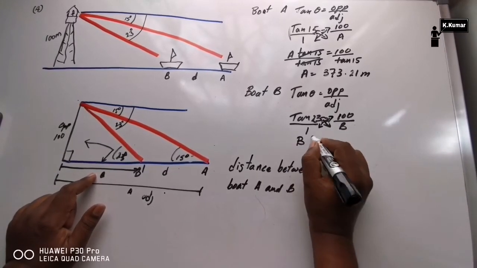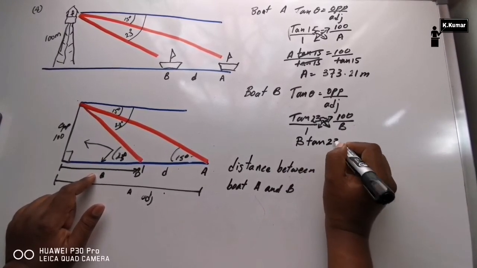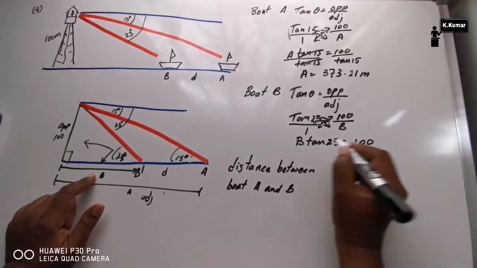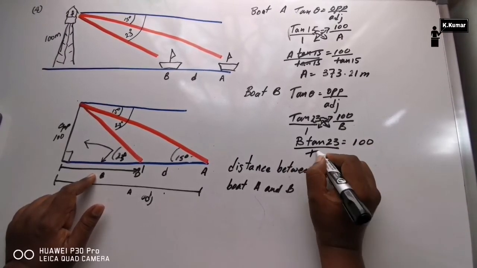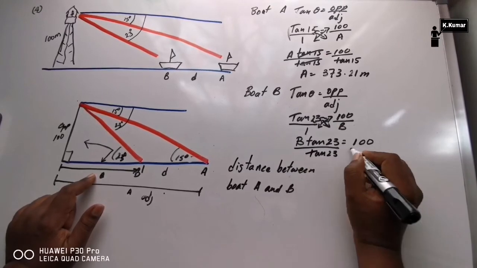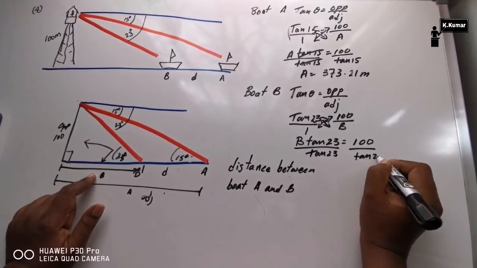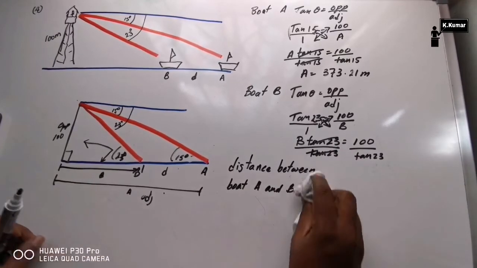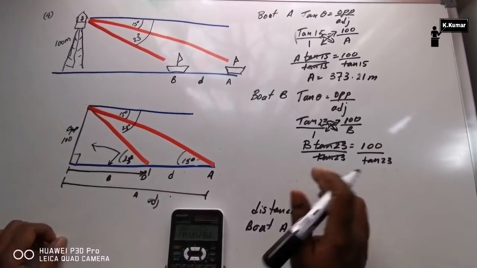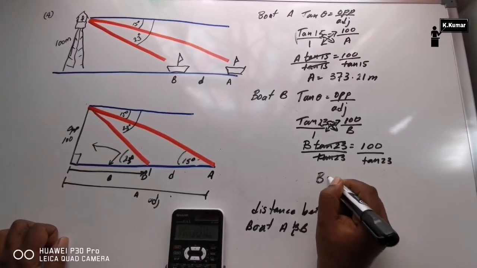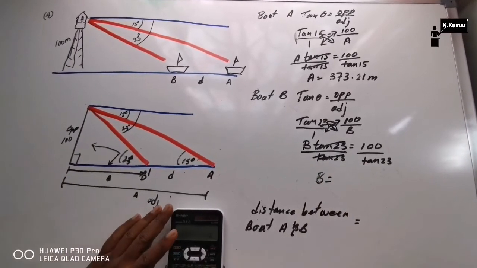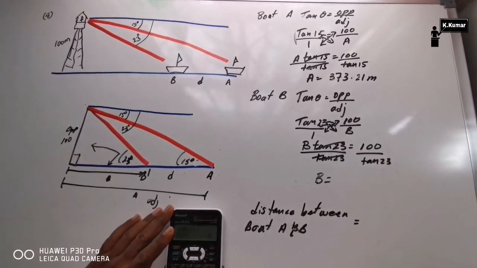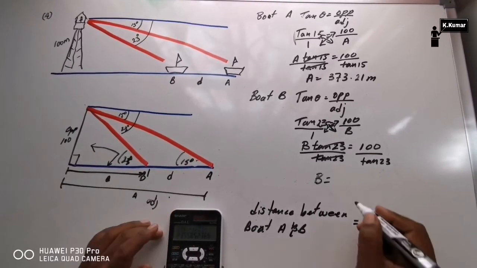We would have B tan 23 is equal to 100. We want B, so we divide by tan 23 on both sides. So B is equal to 100 divided by tan 23, and that's going to give me